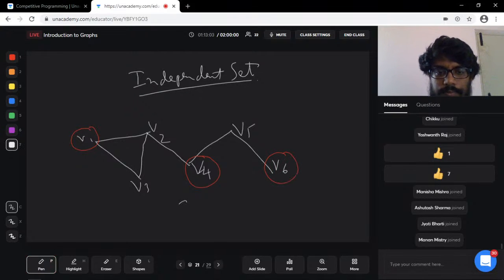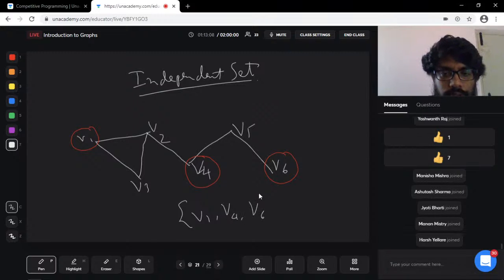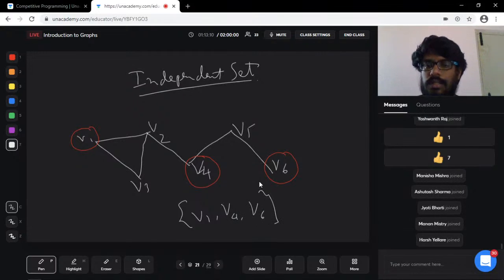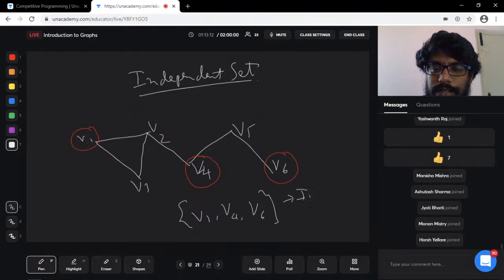The set v1, v4, v6 is called an independent set